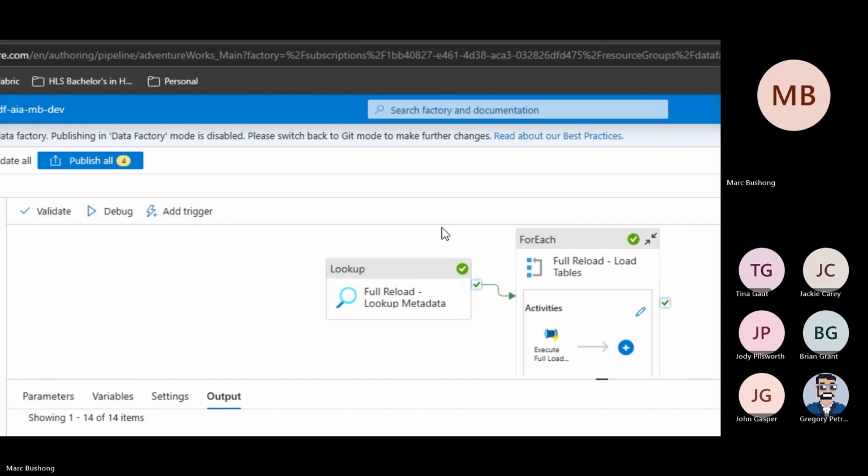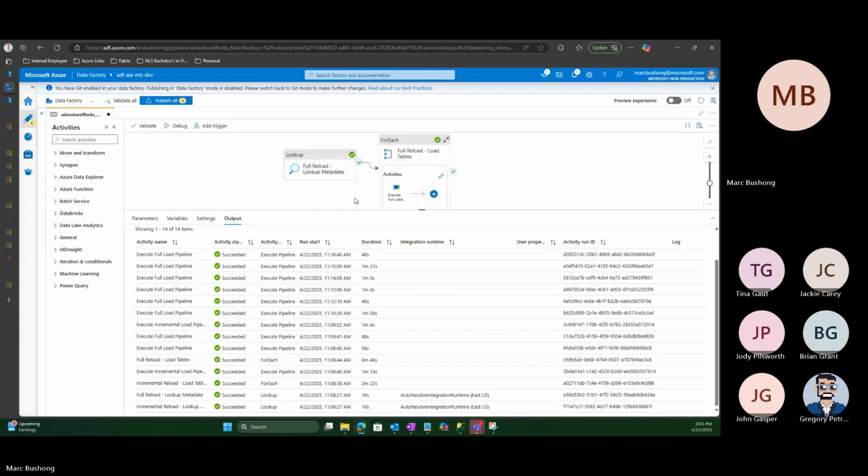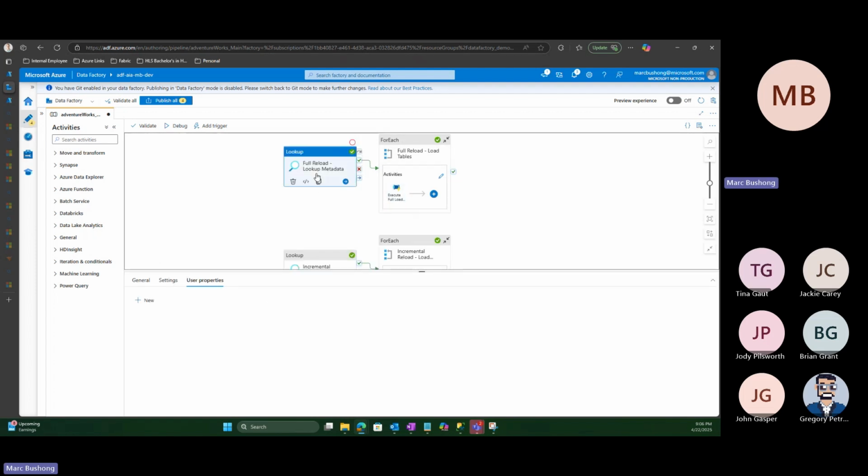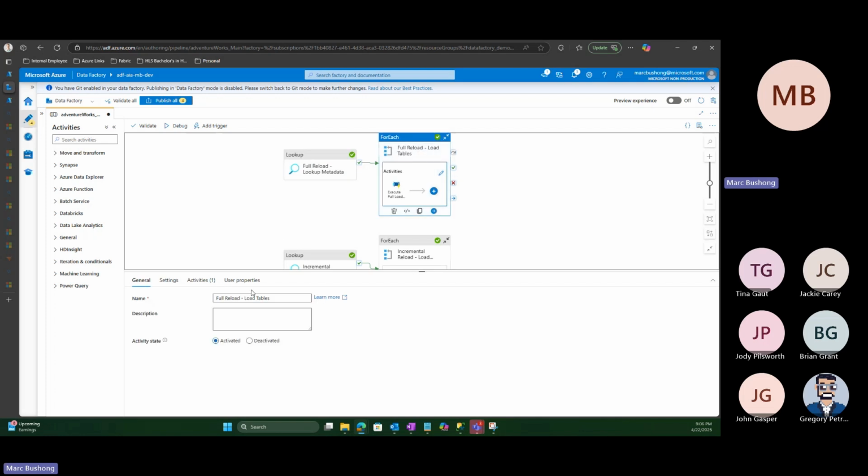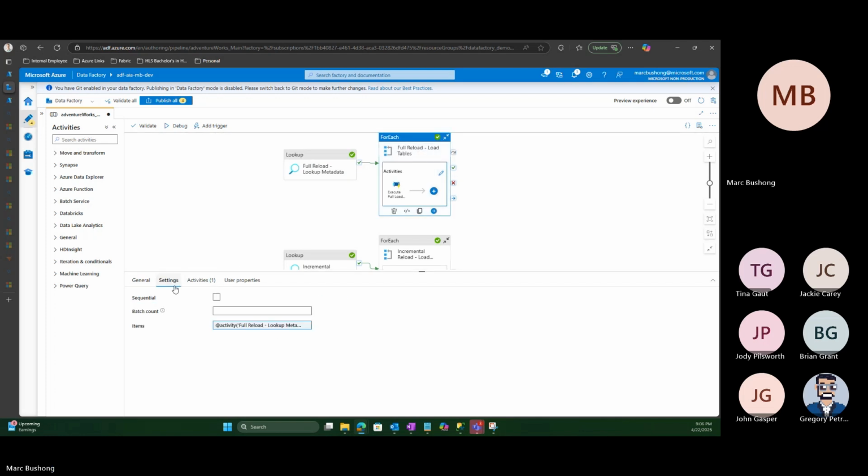So what we've done so far is we've looked up the 8 objects for the full reload. So we have them. Now what? Well, conceptually, we want to loop through them. We want to pass all of them in to be executed. So what we would do in Data Factory is a for each loop. So this for each loop, under settings here,